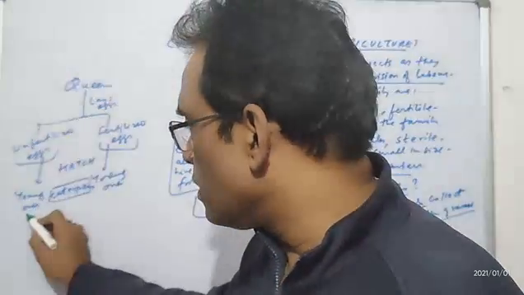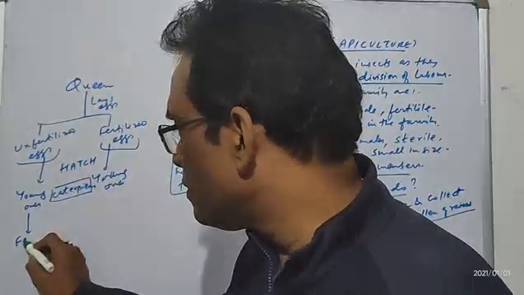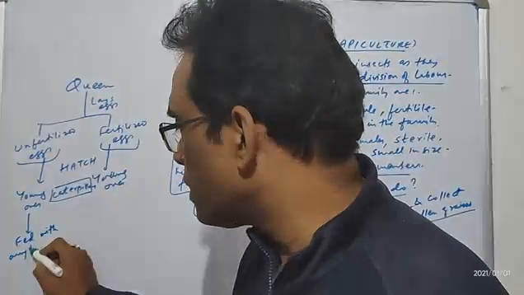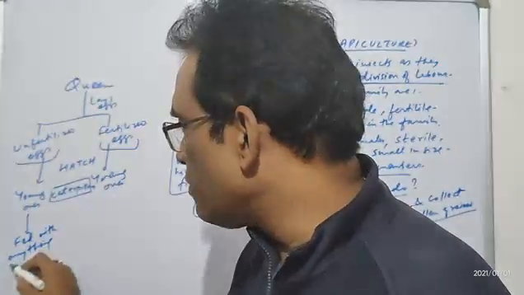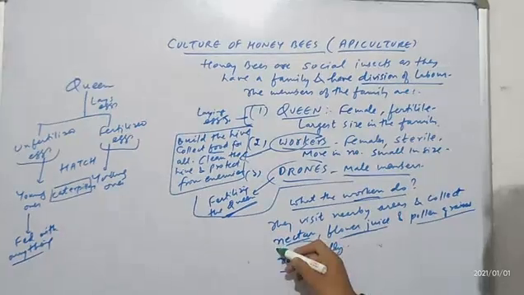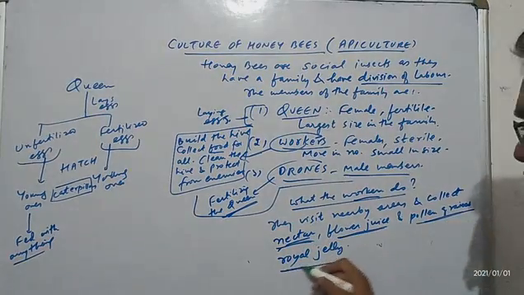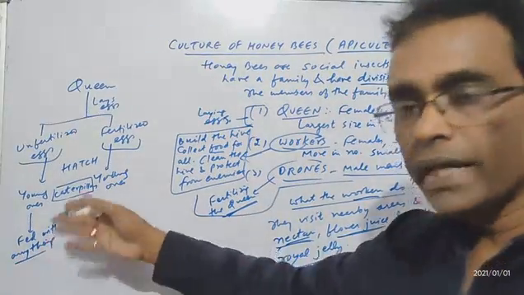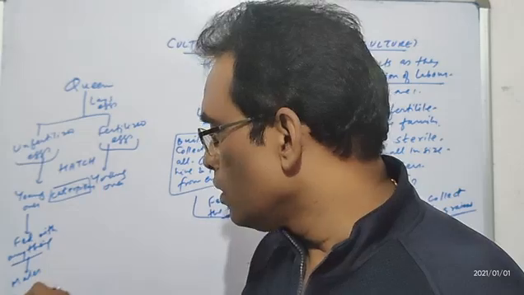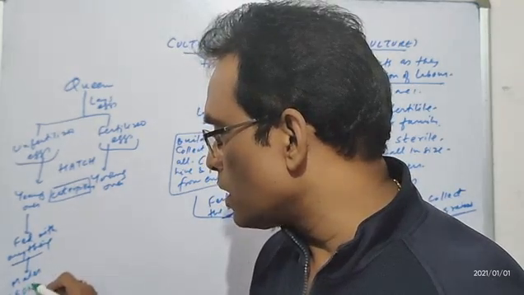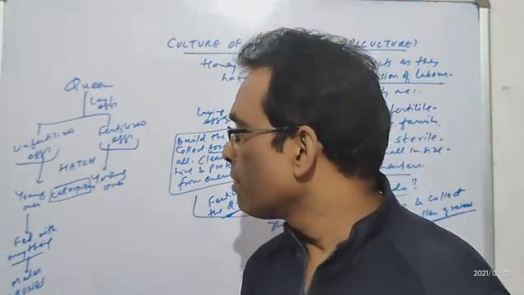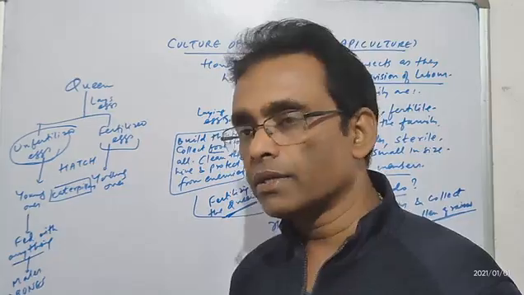These young ones then, when they are fed with anything, ध्यान से देखना. Fed with मतलब भोजन. तो भोजन क्या ला रहा है? कौन ला रहा है? वर्कर्स ला रहा है. क्या ला रहा है? नेक्टर, फ्लावर जूस, पोलन ग्रेन, रॉयल जेली, कुछ भी ला रहा है. Fed with anything, it always develop into males. और that is called as drones. क्या बोलते हैं इसको? Drones. That is the case of unfertilized eggs.